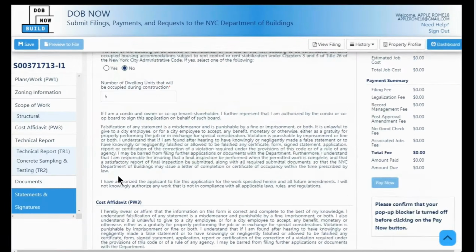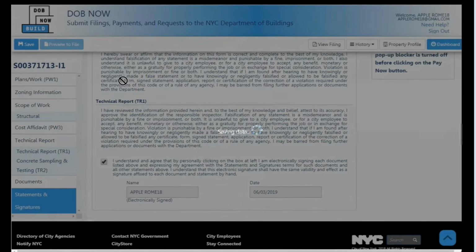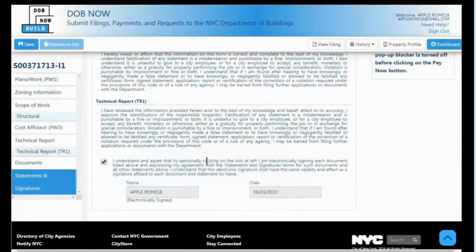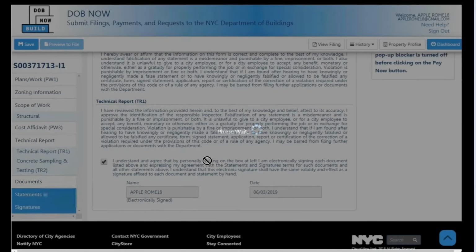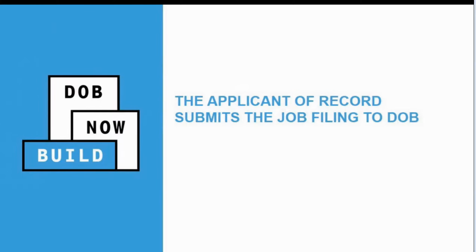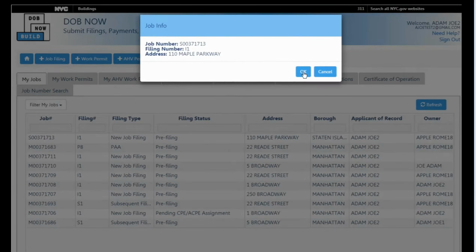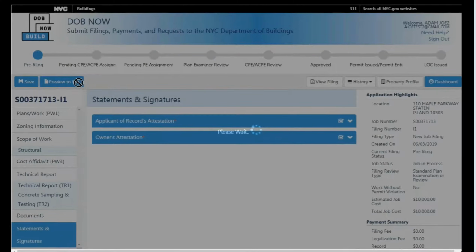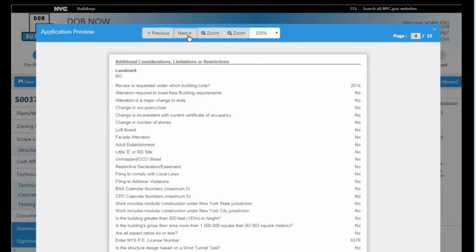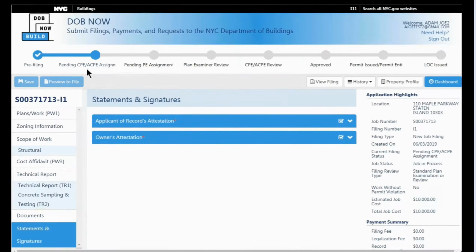And those check boxes will appear. So this is me simply completing steps 1 and 2 prior to approval, and then the applicant will submit the job filing like I did when I clicked preview to file and submitted the job filing. So I'm just fast forwarding through here. Since you saw that it's successfully sent,